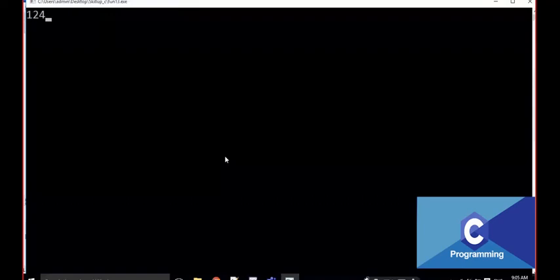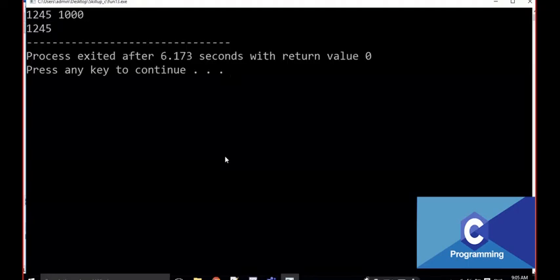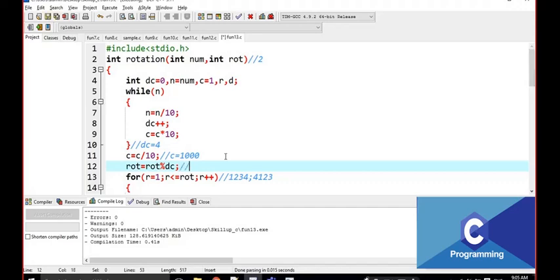For example, like this, the rotations are 1000. The output is the same thing, no doubt about that, right? If you observe here, what is the rotation value? The rotation value is 0. That means it is never executed.